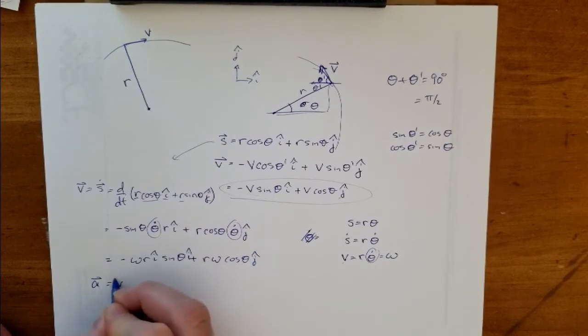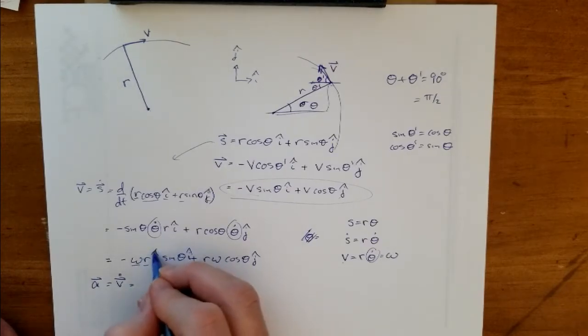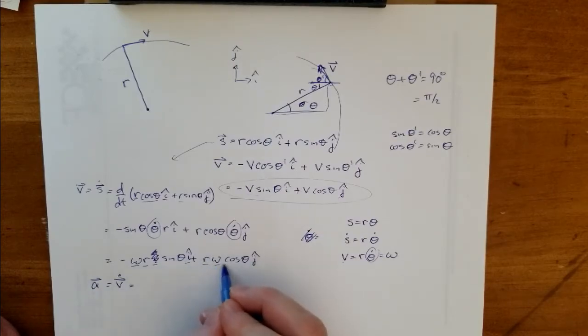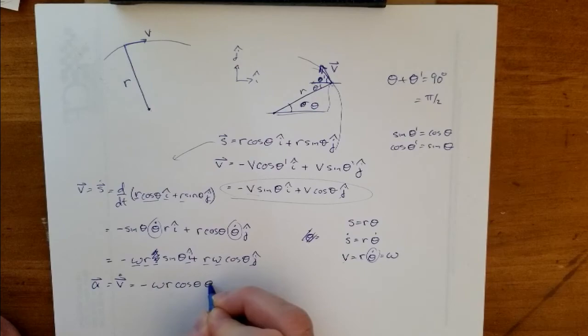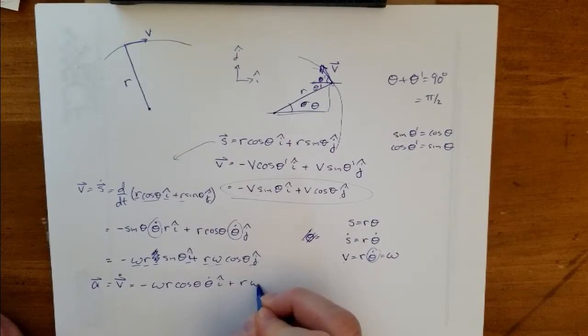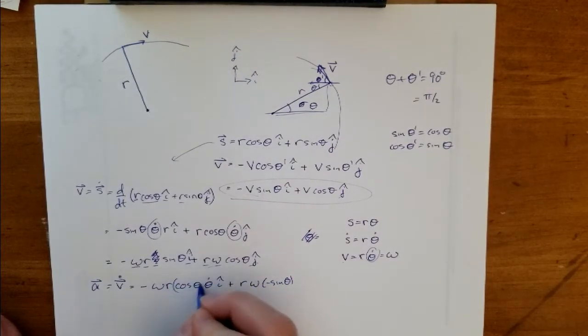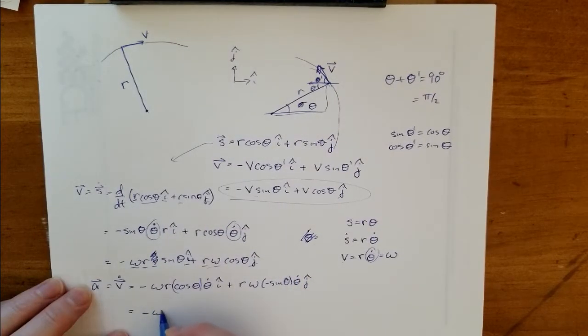I know acceleration is the derivative of that, and omega is constant, r is constant, i hat's constant. Those are all constant, so I get negative omega r, well, the derivative of sine is cosine, so this is cosine theta, theta dot i hat, plus, and then here we have a bunch of constants, so this is r omega negative sine theta, theta dot j hat, which is negative omega r, well, don't forget that's omega, so it's negative omega squared r